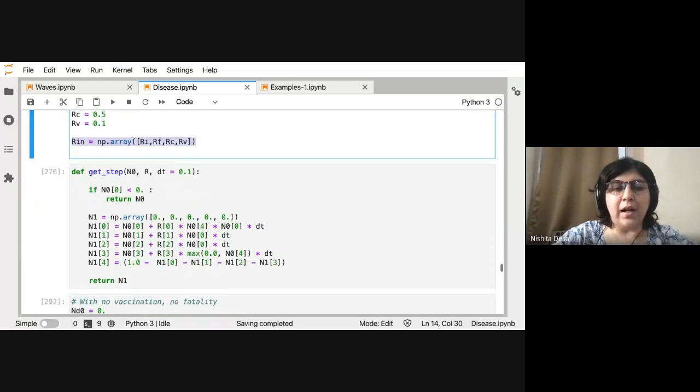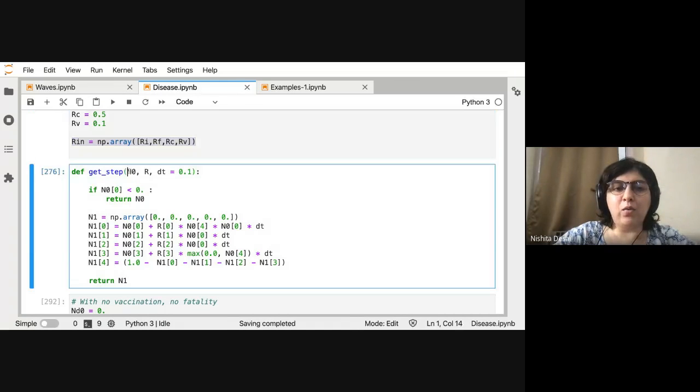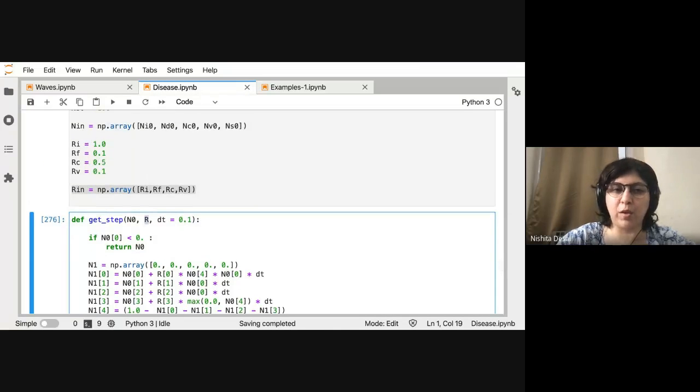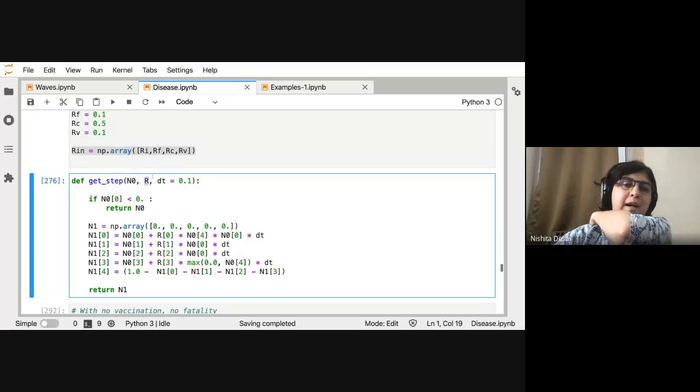And so then I also made an array of all of these Rs. Okay, and then we write our step in the same way as before. Now we need to only pass two arrays: one array with the number of people and one array with the parameters of the model, the R's, and then there is a time step. So this is just a sanity check condition.